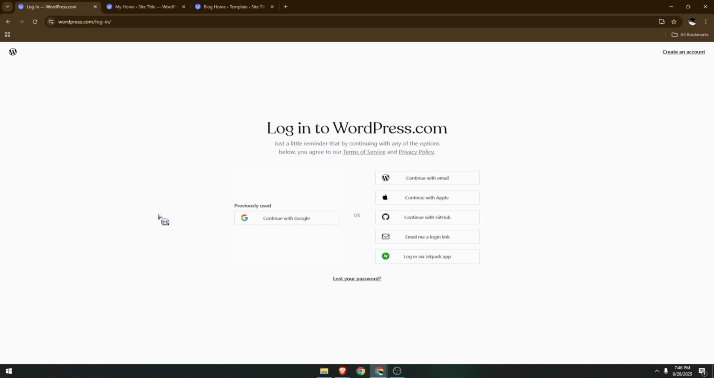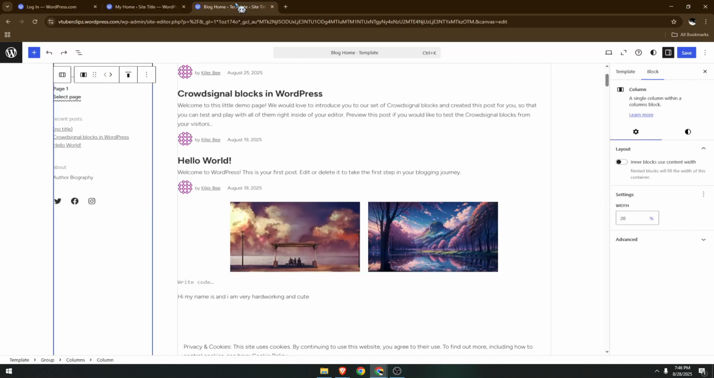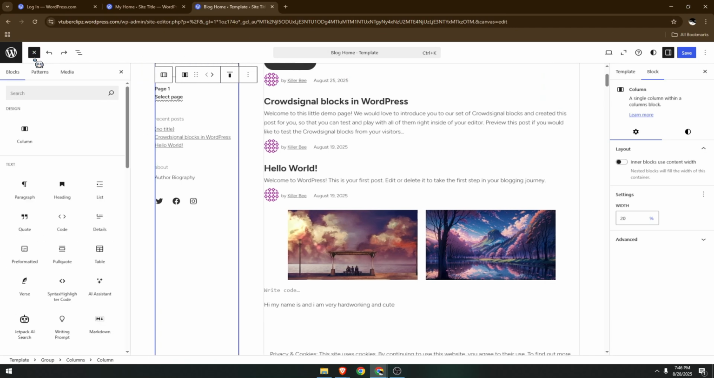Let's begin. First, go to the official WordPress website, click on Login, and choose Continue with Google to sign in quickly. From your dashboard, click on Edit Site over this section to open your page editor where you can easily customize your pages. Head over this section, click on the plus icon, and we just need to look for the